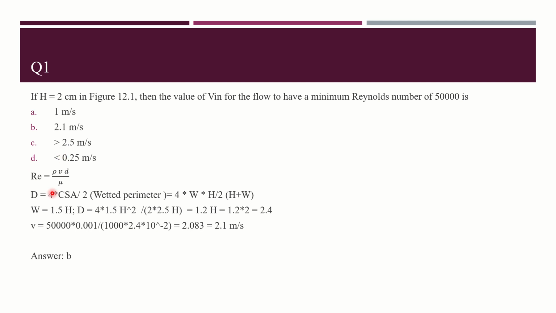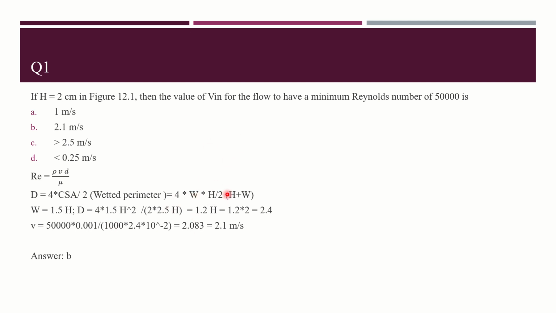D is 4 into cross sectional area of the pipe divided by 2 times the wetted perimeter. Here the flow is completely through the duct, so this is height and this is width. The wetted perimeter is width plus 2 times width plus height, the rectangular perimeter we are calculating now, 2 into A plus B. So 2 into H plus W, and the cross sectional area is A into B,